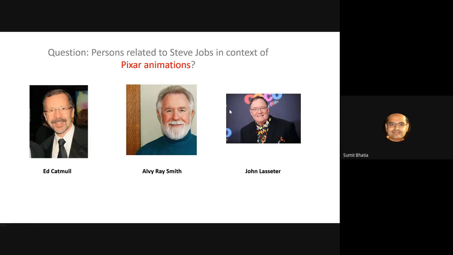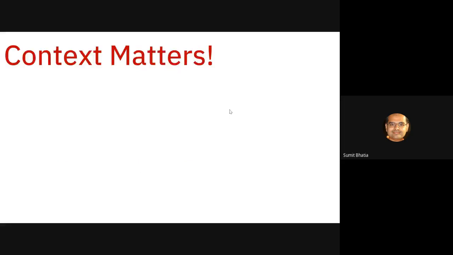Now this is very little known information, even in Wikipedia or other sources. This information is not as popular or as frequent as Steve Jobs information in context of Apple, the common. And this is precisely what the security agencies are interested in. Tell me something which is not obvious, which is not in the common knowledge, because only then will we be able to figure out who these terrorists are. So again, the signal to utilize is this additional context.